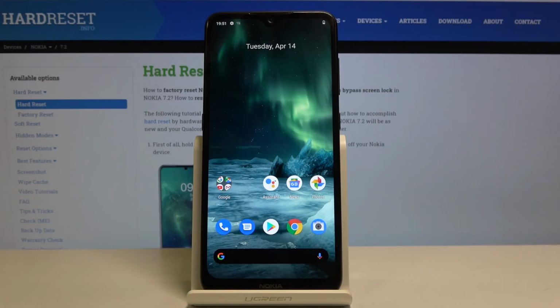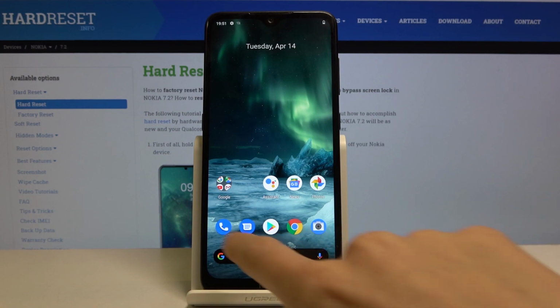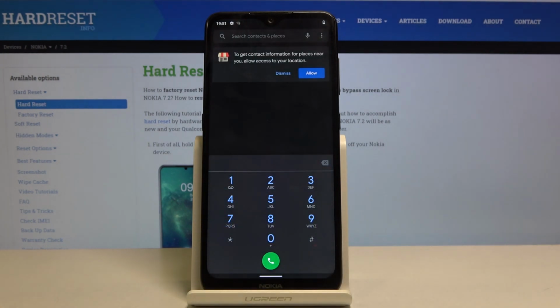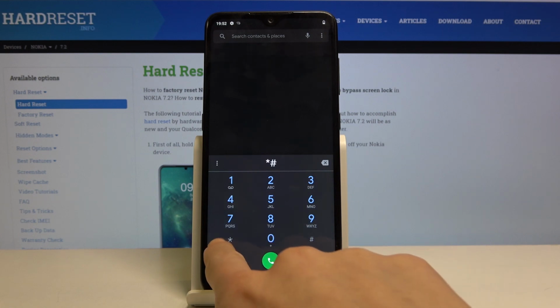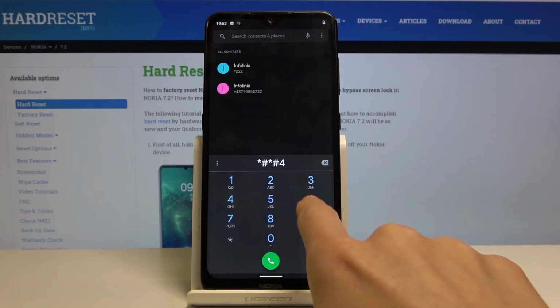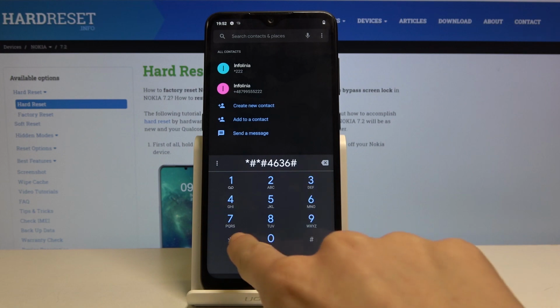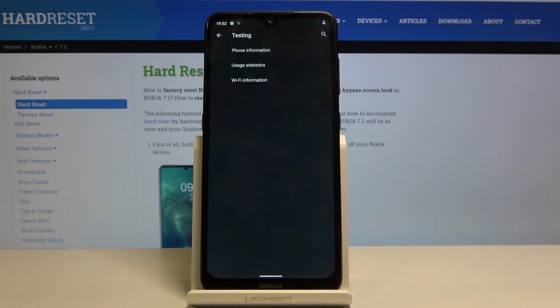Here I've got NOKIA 7.2, and let me show you all the secret codes that you can use on this device. So at first, let's open the phone dialer, and let me start with the first code, which is *#*#4636#*#*. And as you can see here, we've got the testing mode, where you can check phone details, user statistics,